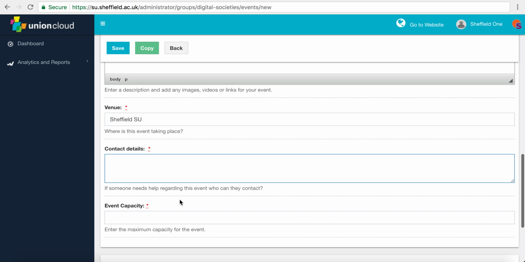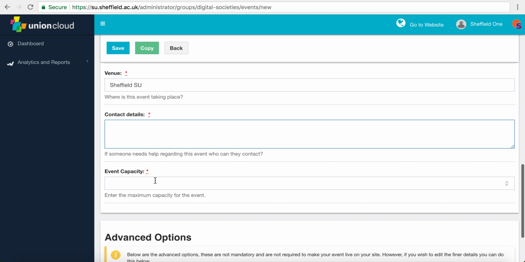And the contact details can either be the contact details for the person organising the event, for example, a social secretary, or it can be the contact details for the society. And this is really important if you've got a really large society, because you might not want personal details being spread around that many people. But if you've only got a small event, you might be happy with that. It's a very personal choice. But for us,